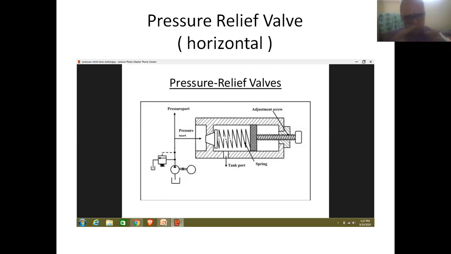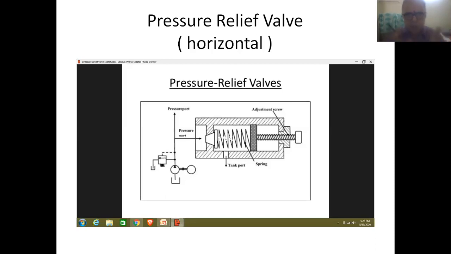Now, after doing this activity, again the pressure falls back to the normal value, and therefore automatically this valve will be coming to closed position.